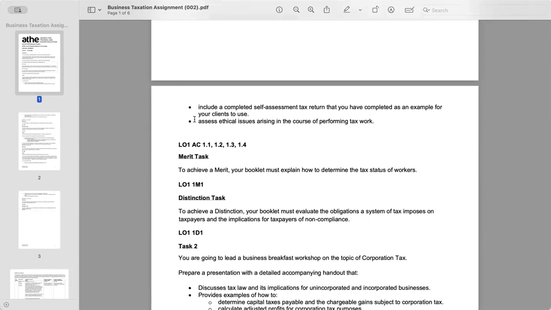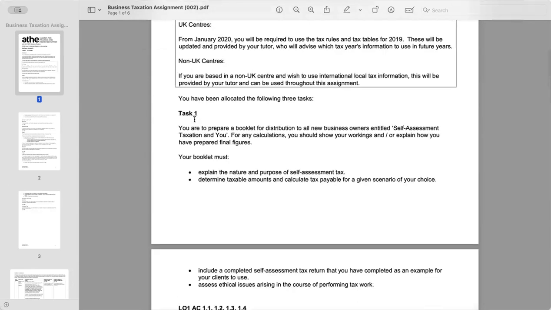Task one. In this task, your goal is to offer a complete guide for new business owners, providing clarity on the nature and purpose of self-assessment tax. So the important breakdown of the essential elements to include in your booklet: